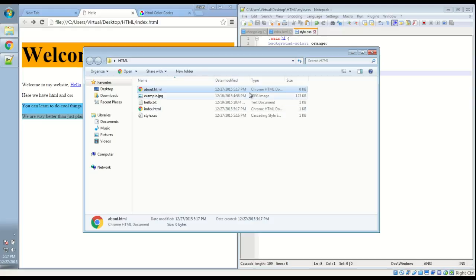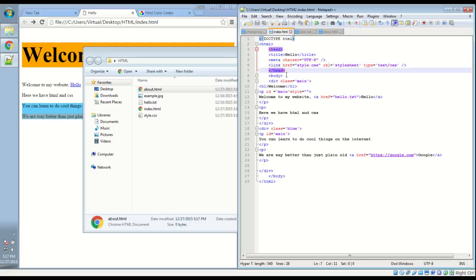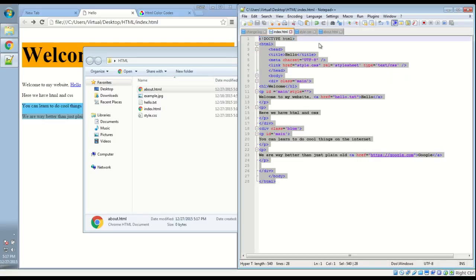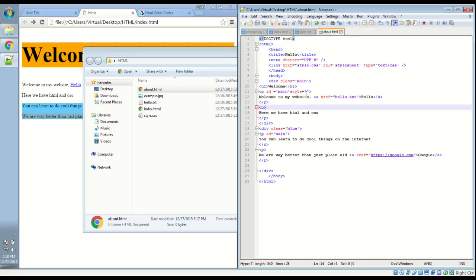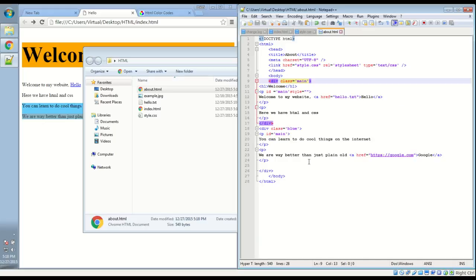And that's why a lot of pages use them if they have multiple web pages. So if I were to just copy paste everything, change that to about, get rid of all the content